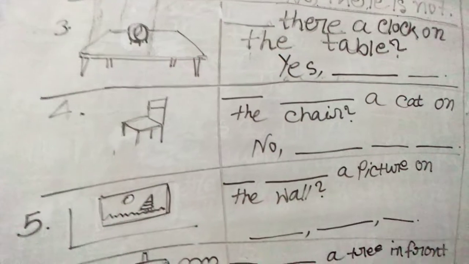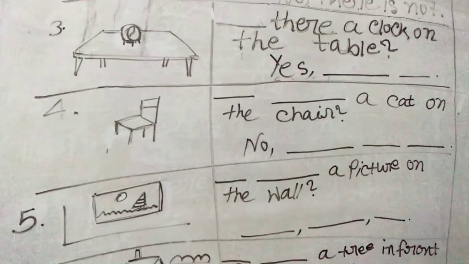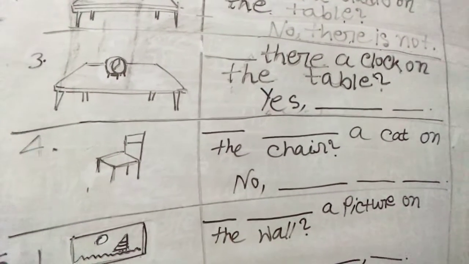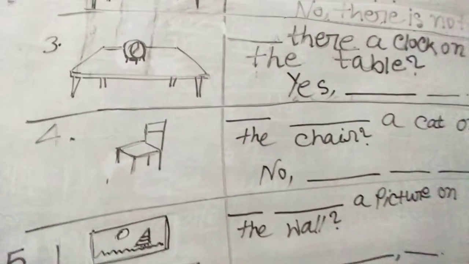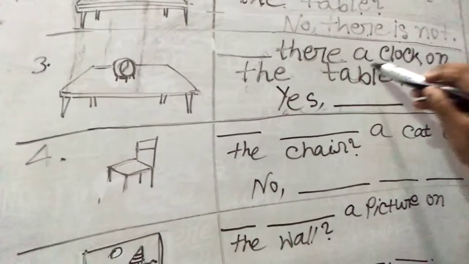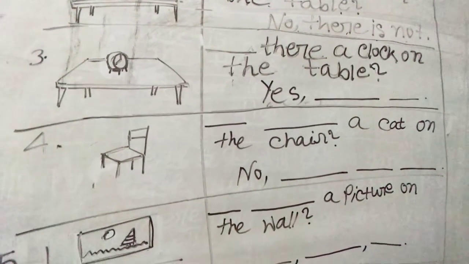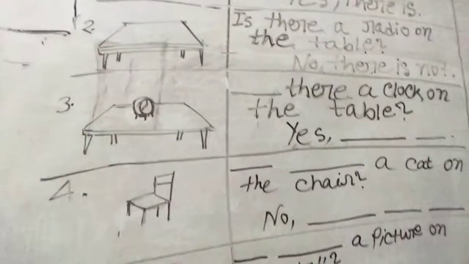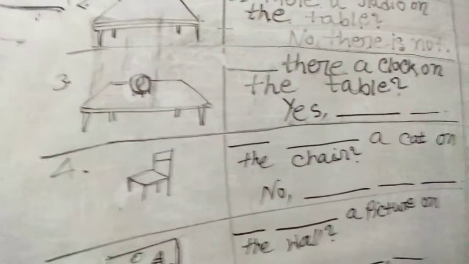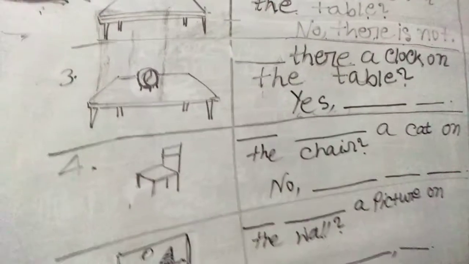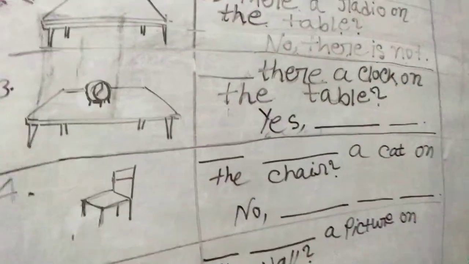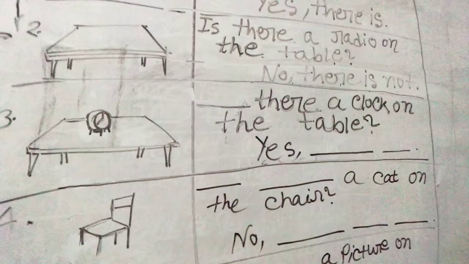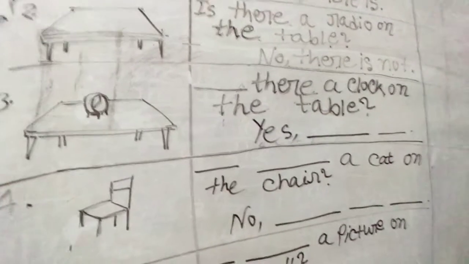So here, which will be the correct auxiliary verb? Seeing the noun, I can detect which will be the correct auxiliary verb. Here the noun is a clock. A clock means only one clock. If it is about only one thing, then the auxiliary verb for the sentence will be is. For an interrogative sentence we will always bring the auxiliary verb at the very first place, at the very starting of a sentence.